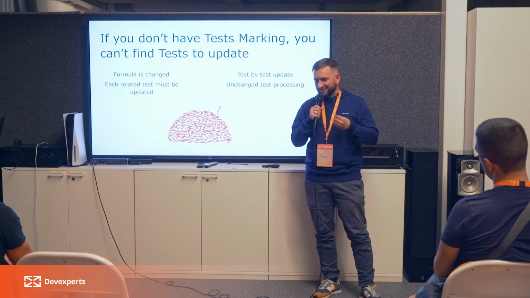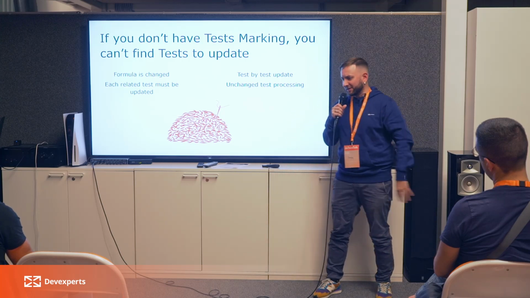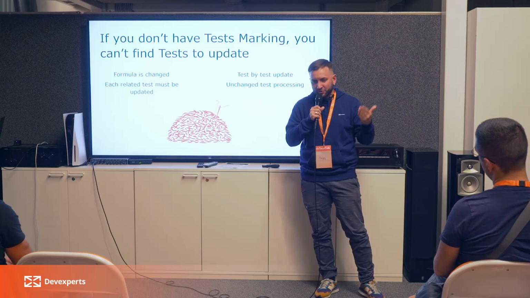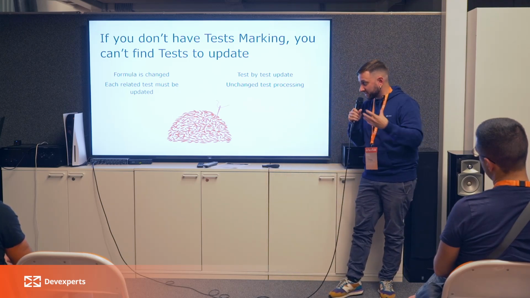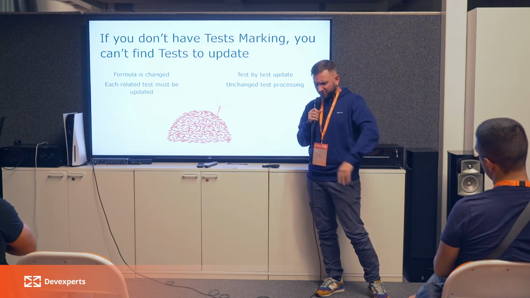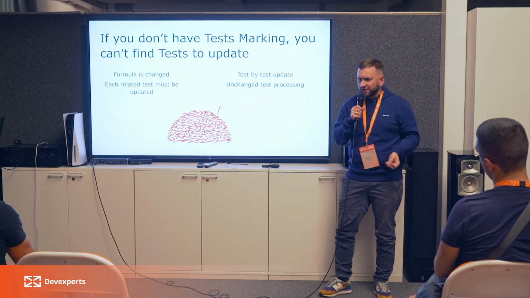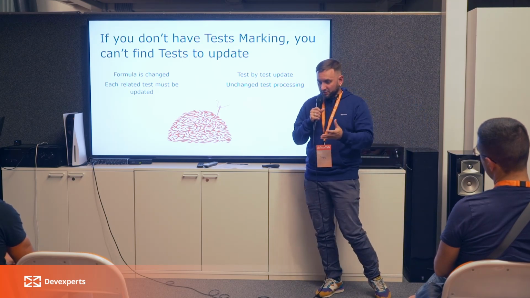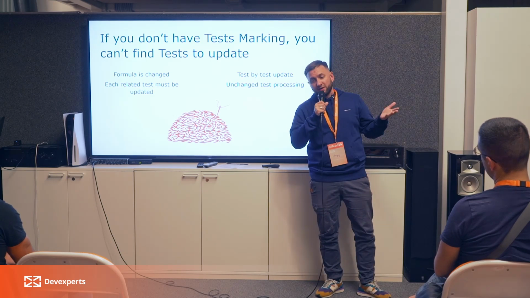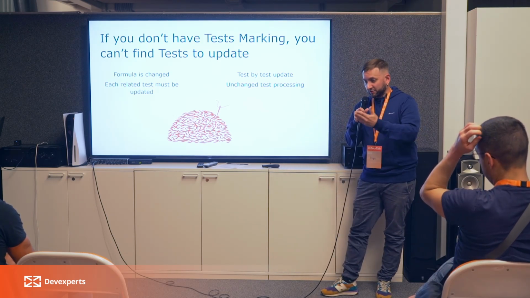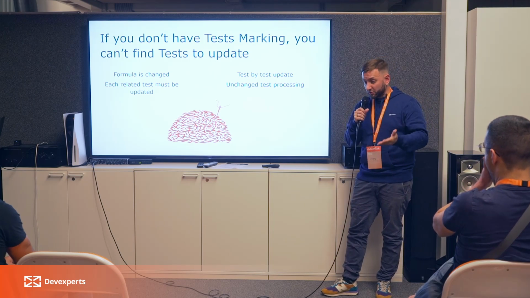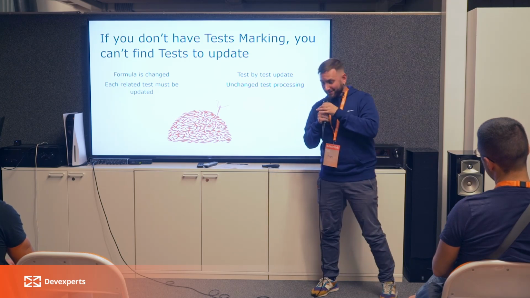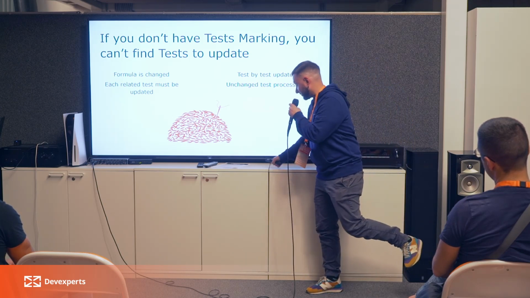So it's not even an attempt to find a needle in a haystack. We don't know the exact number of needles we need to find here, because we can find a couple of tests, update them, but there is something related to the rounding rules or to the front-end like font size, and this test is not updated, and we have the same problem. We'll create a defect report which is not a defect, or we'll pass the test, and there is a defect in production. My favorite part, of course.